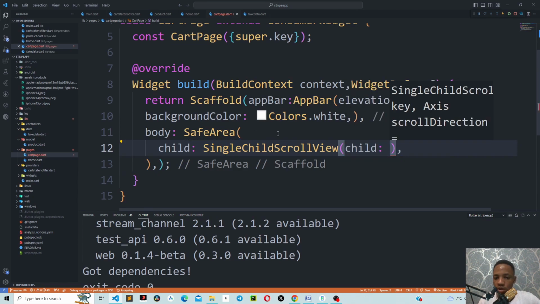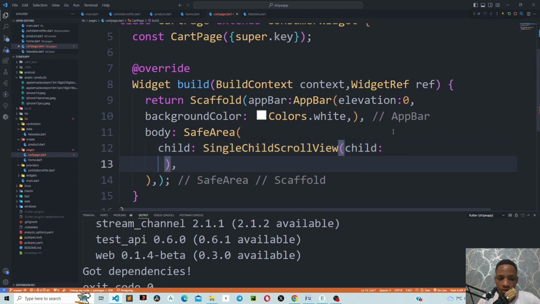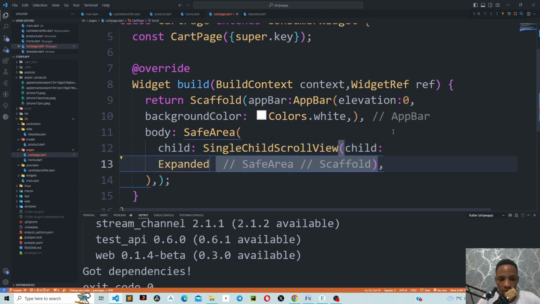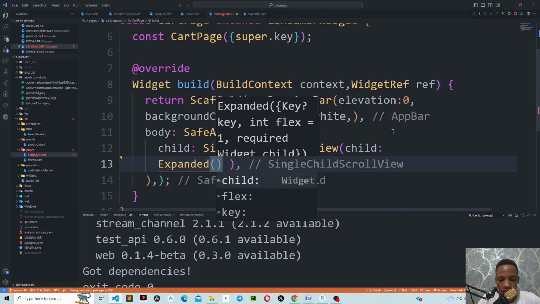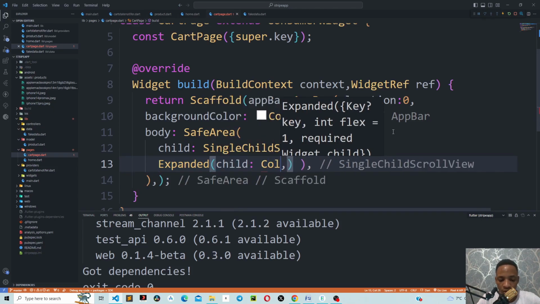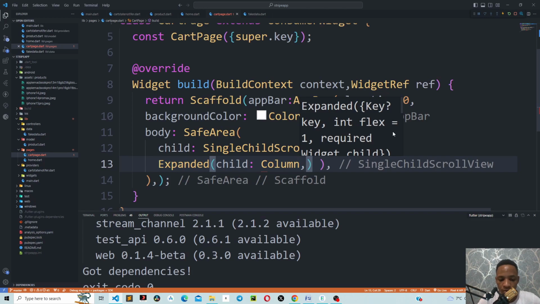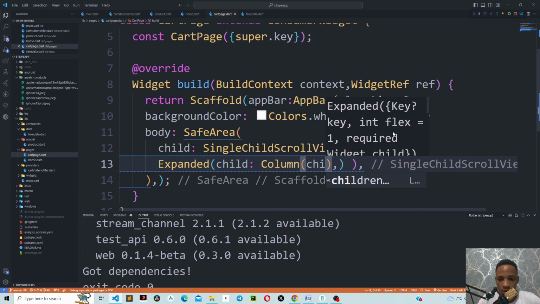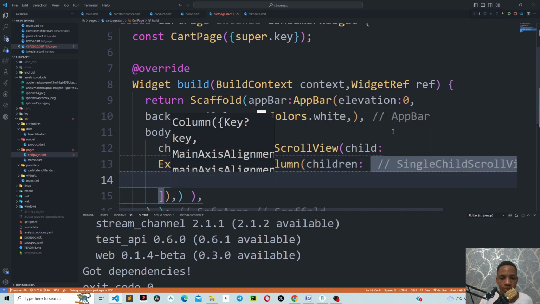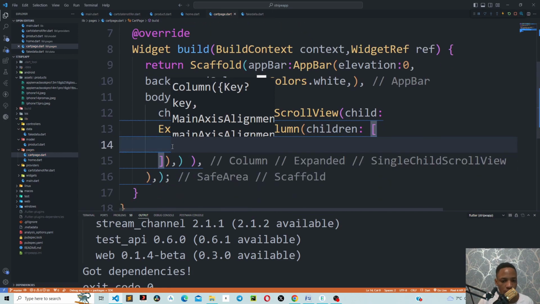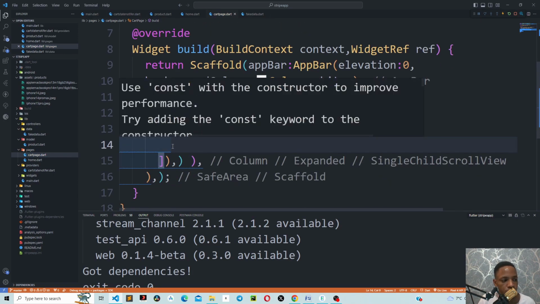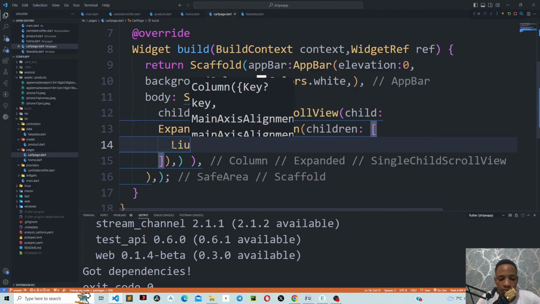So what we need is a column, but we need to repeat in an expanded widget. Child column. Children. Okay, like this. So we are going to use a list view